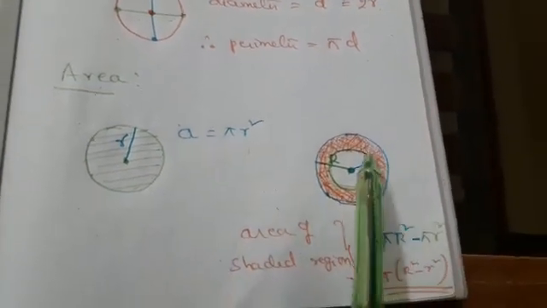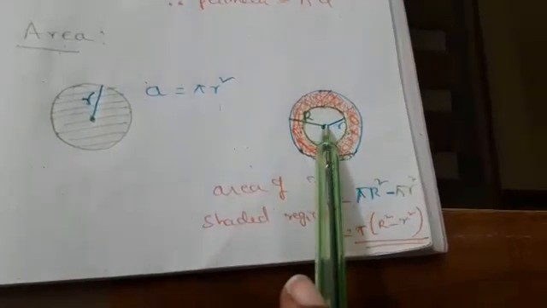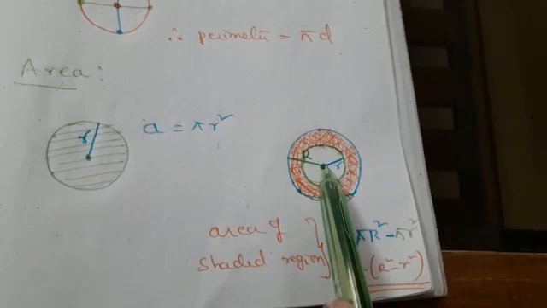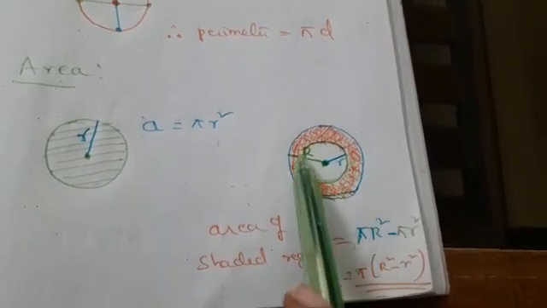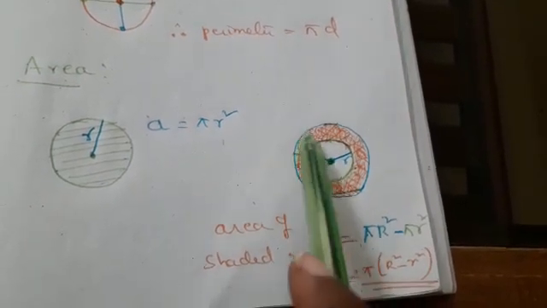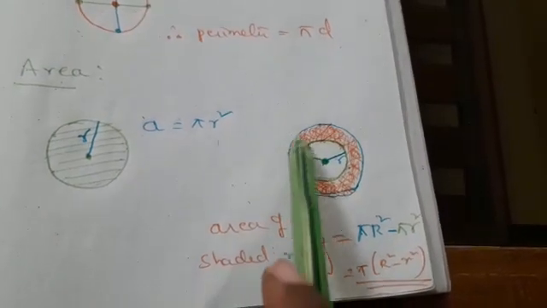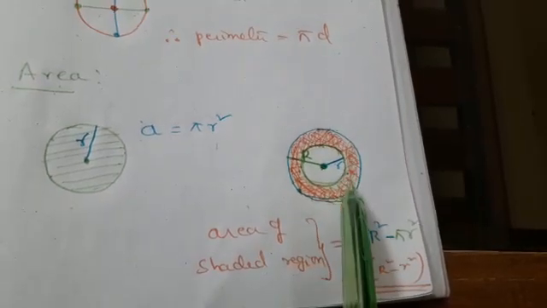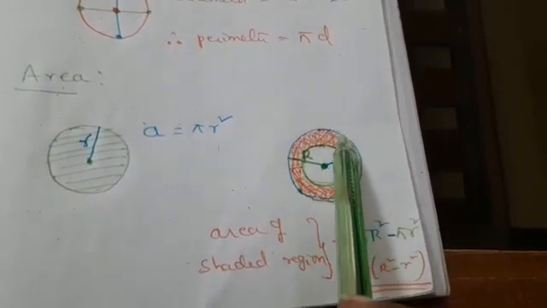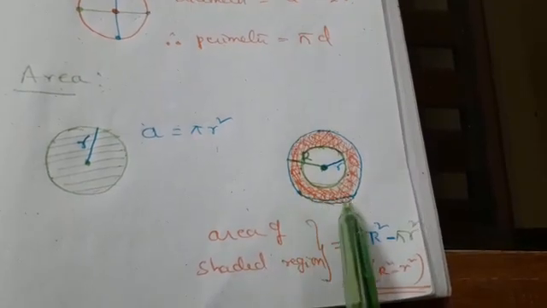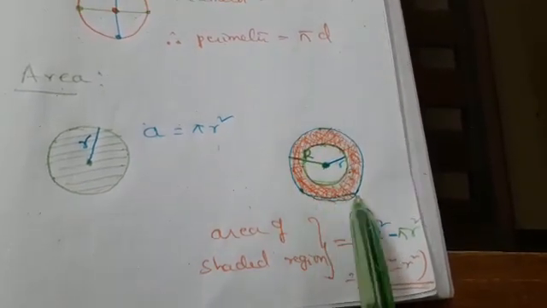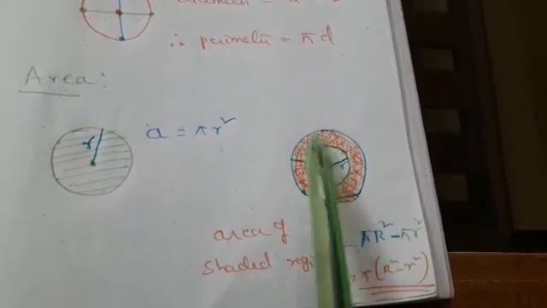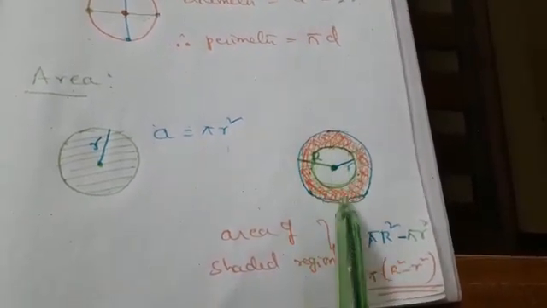Now suppose if I have two concentric circles. Concentric means having same center. Right? Circles having same center. From the same center I drew one circle with small r radius and another circle with capital R radius. Can you see that one? Yes. Right. So now if I wanted to find out the area of the shaded region, what can I do? I have to find out the area of the bigger circle or the outer circle. From that you have to subtract the area of the inner circle. Then you will get the remaining part. Then you will get the shaded part.